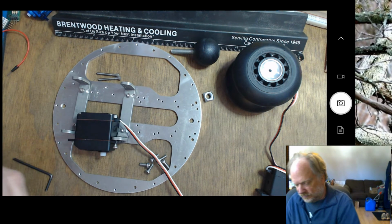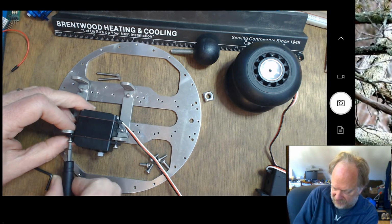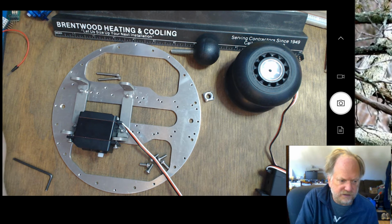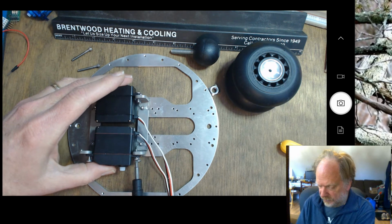So I will just get this started, pause it, and then I'll go ahead and put the rest of these loosely in. Again, I'm not tightening anything down until all the screws are at least started. So I'll see you in a second. Okay, so I've actually already tightened these over here on this side, and now I'm going to quickly tighten these